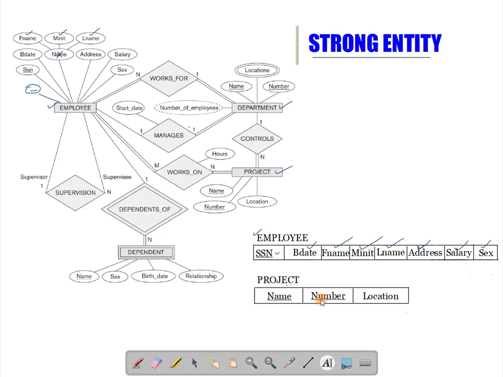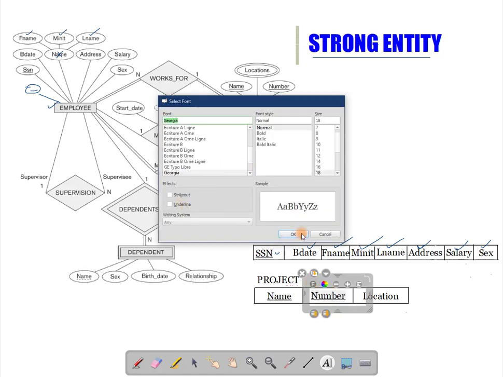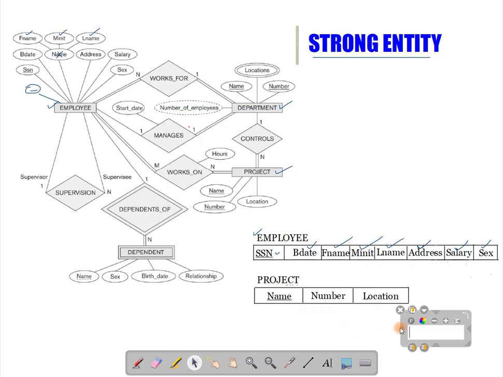So what we can do, we can make, say, project name the primary key of this project relation, which represents the strong entity project. In the same way, there will be another relation for department, which will represent the department strong entity. So this is how you can convert the strong entities.